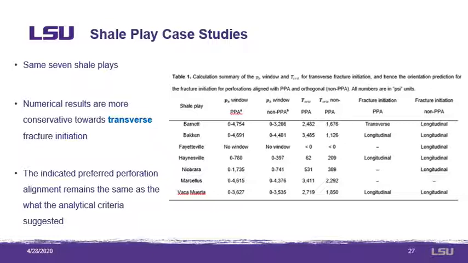Out of the 7 shale play studies, only for one, the Barnett Shale in Texas, our model predicts transverse fracture initiation. On all other 6 plays, longitudinal fracture initiation is predicted, which implies that reorientation and fluid tortuosities must be